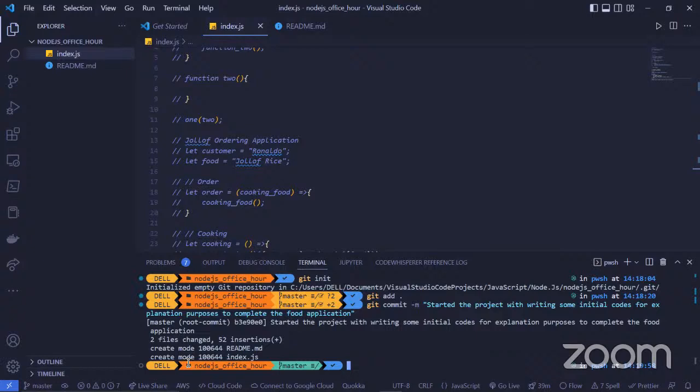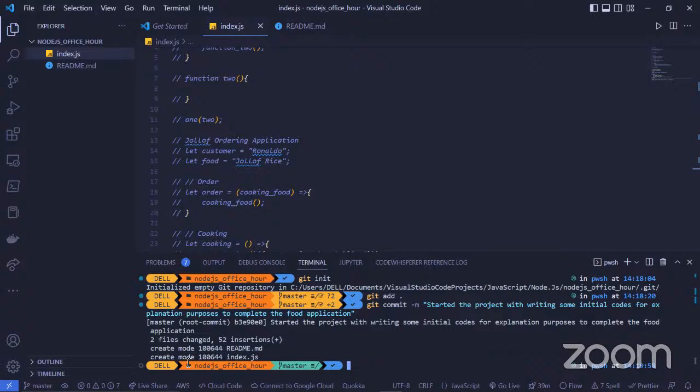Okay, you have the ordering, we have the cooking, we have the delivery. Because we're talking about customers, it's a business, we have the payment section. So all these are different features, and when you want to apply payment features, those are different features that you want to work on.